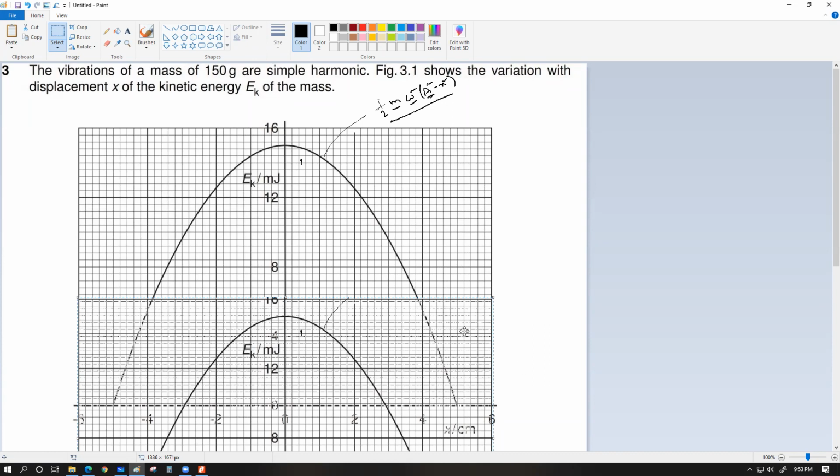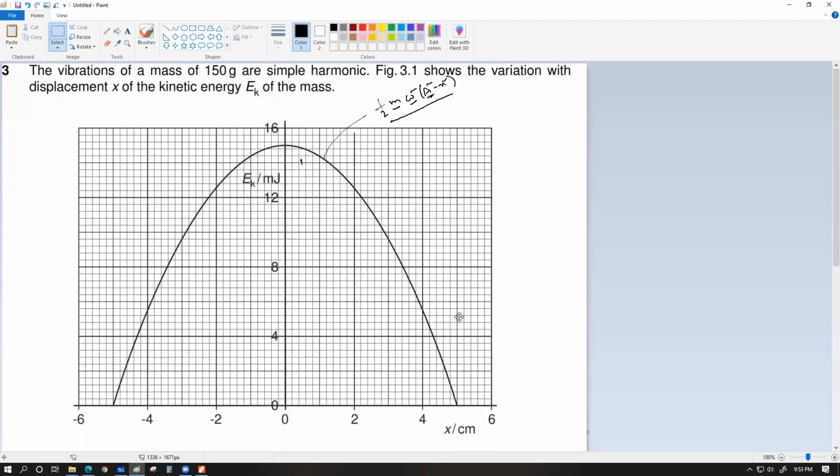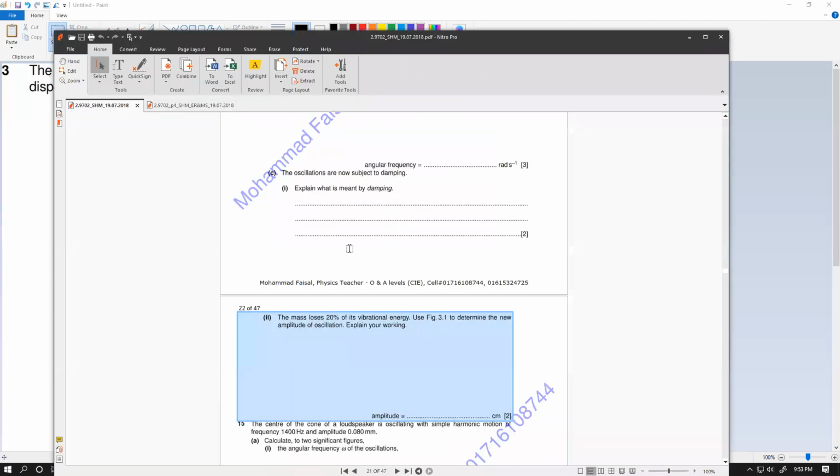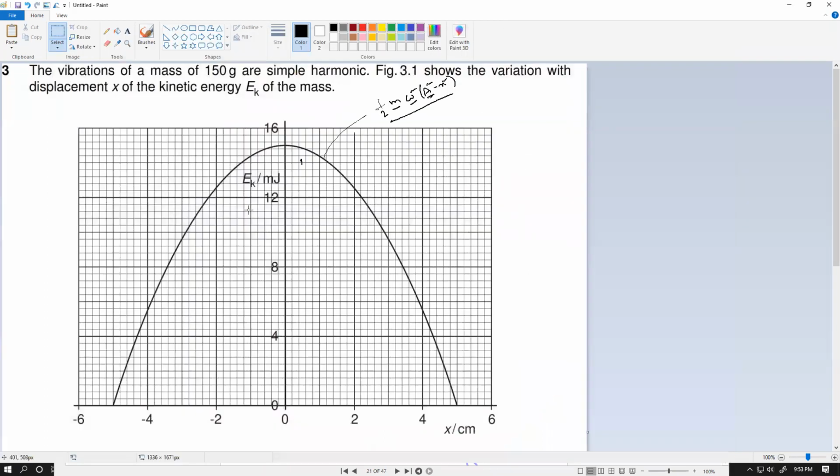The question is asking us, the mass loses 20% of its vibrational energy. Use figure 3.1 to determine the new amplitude of oscillation. So there are two different ways to judge a graph that is going to become lower. One of the ways is that we can choose to observe the entire curve becoming down by 20% of its initial value,